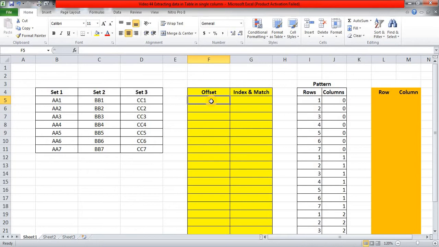So now if we use offset, equal to offset tab, my reference is going to be this cell which is B4. I'll hit F4 to lock it, and then for my rows I am giving a link to this particular cell which is I5, and my column is J5. The last 2 arguments, height and width, are applied only when you are working with a range of cells. But here we are not working with any range of cells, we just want a record in each cell to be extracted in individual cells in a single column. So I am completing the parenthesis and Control Enter, and simply Control C,